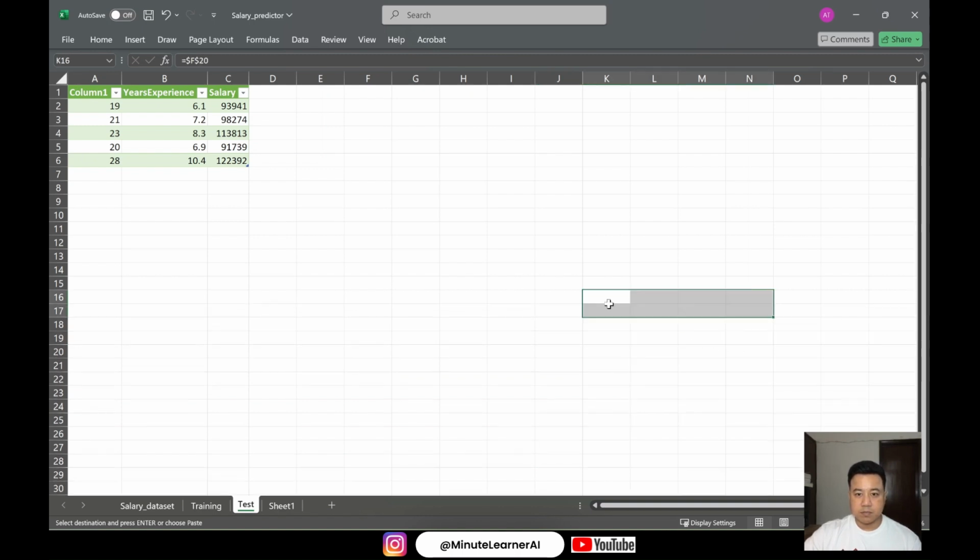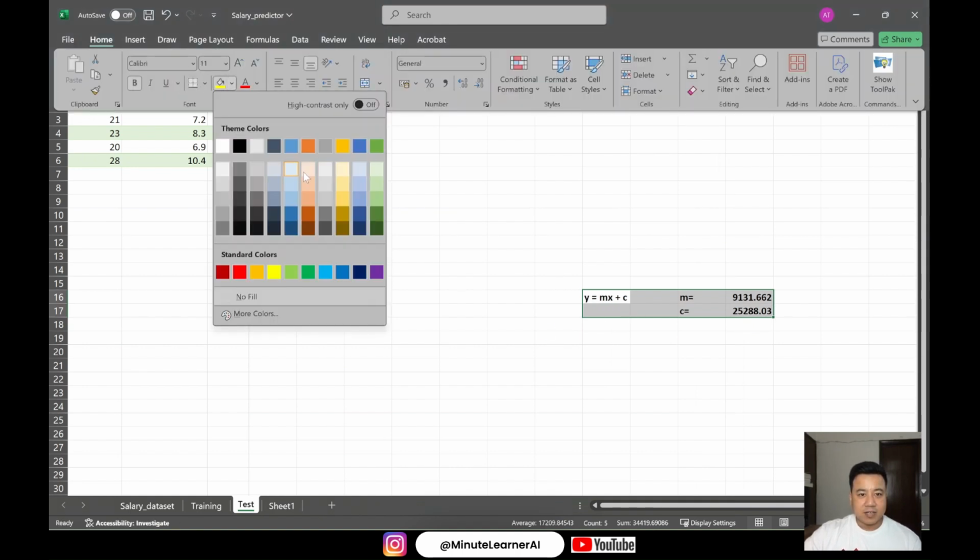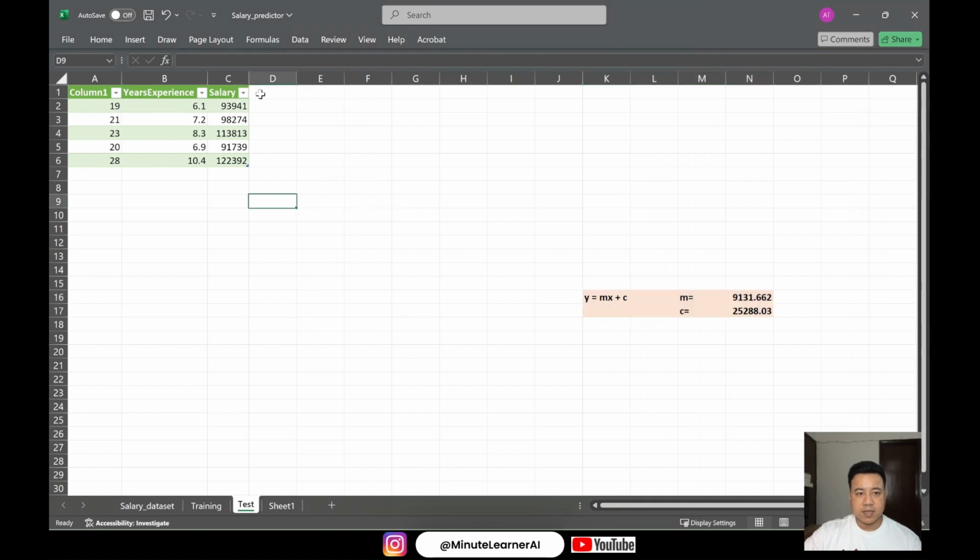Oops, I should have pasted the values. Yeah, I just paste the values here. Good, got it. I think this is good enough to go. And I will highlight it a little bit so that I know that this is there. Okay, so now I'm going to look at the